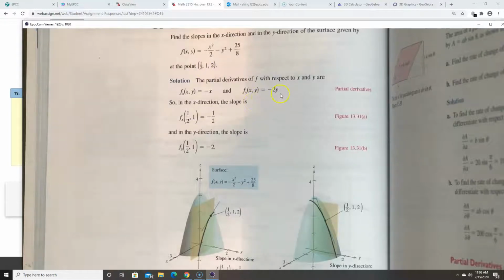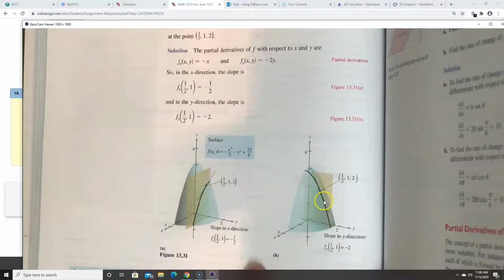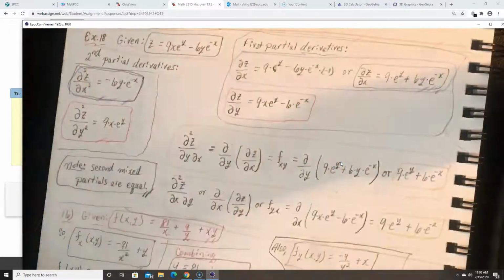So here, you only plug in the y value. The x value has no impact here. That doesn't always happen, by the way. So you plug in the y value and you get negative 2 times 1, which was the negative 2 that it showed us down here, which was the slope right here. Well, I hope that makes sense. Okay, so